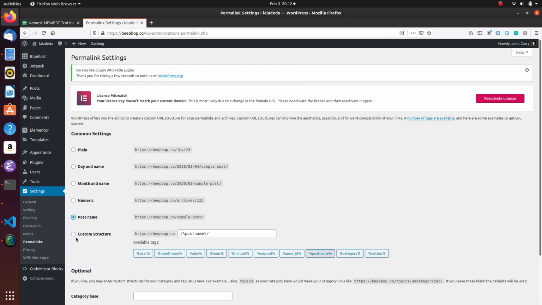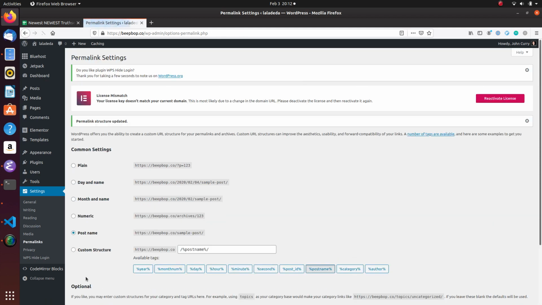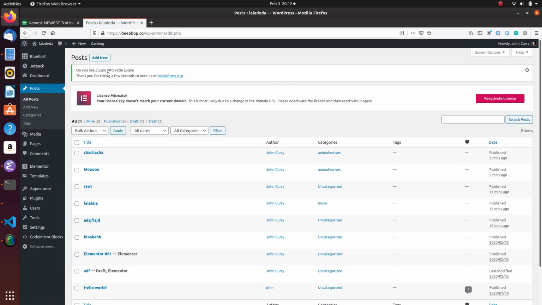But if you want to do something custom, you can use custom structure, and you can just select them in the order that you want them. But we'll stick with post name, and then you hit save changes. Okay, and that's saved. Now you go ahead and create a new post. So if you hit post, add new,